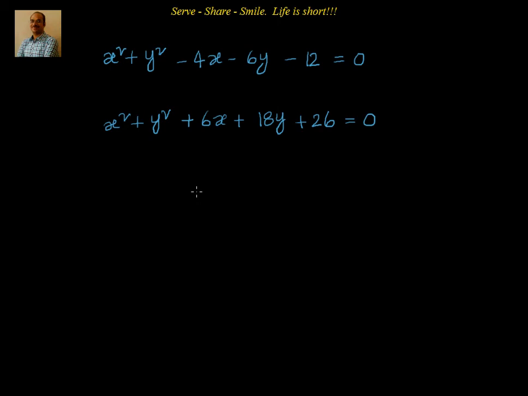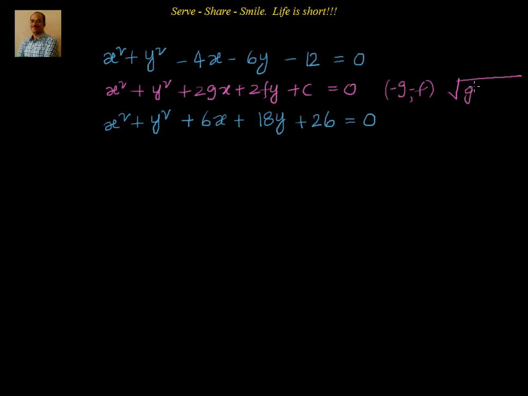We have been given two equations of two circles. We have to find out how many common tangents can be drawn to these two circles. The equation of the circle is given in the standard form. What is the standard form of the circle? We know that it is x square plus y square plus 2gx plus 2fy plus c equal to 0, where the coordinates of the center are (minus g, minus f), and the radius is square root of g square plus f square minus c.